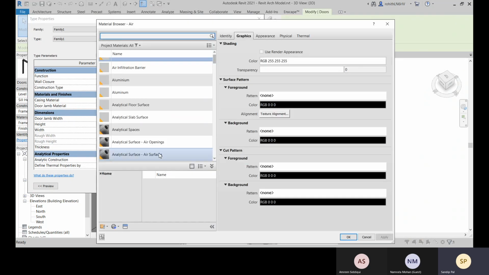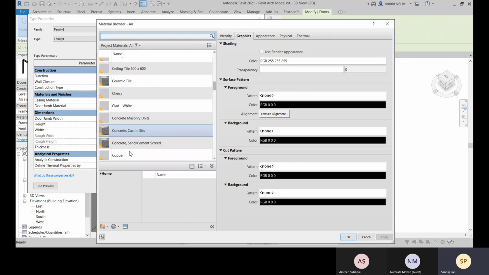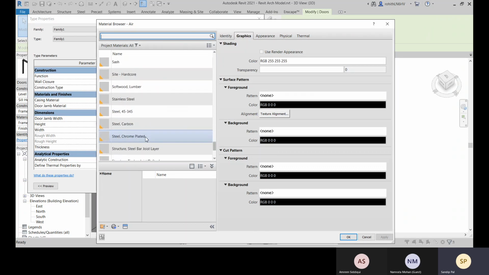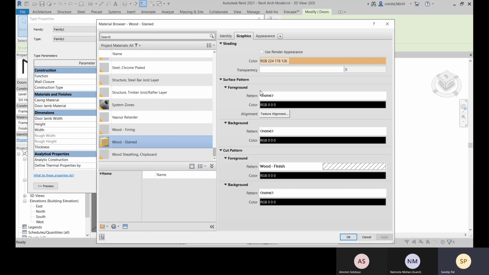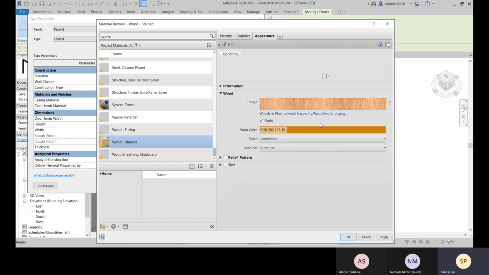So just like this, you can change the material. Okay. Finish. Okay.